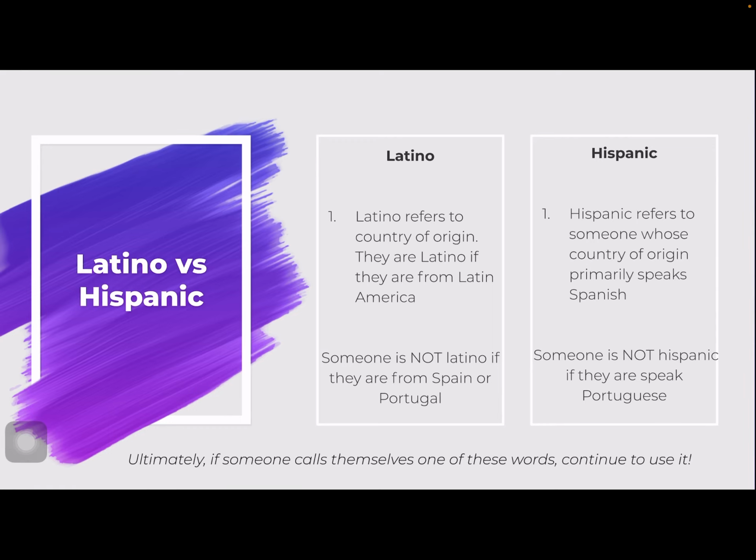Specifically, there was an article that I removed from this week that you guys can still read if you choose to, if you want to. I didn't require it because you had a lot to do this week, and I just wanted to lessen the load a little bit. But what we're going to talk about is the difference between Latino and Hispanic, or Hispano, Hispana.